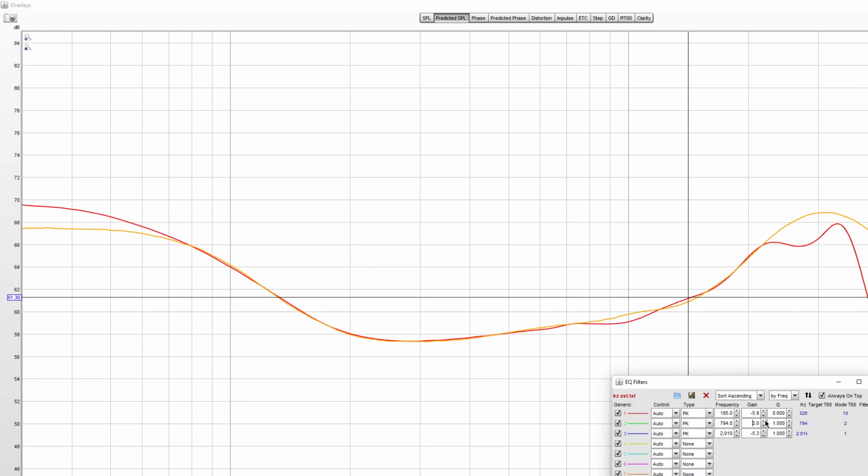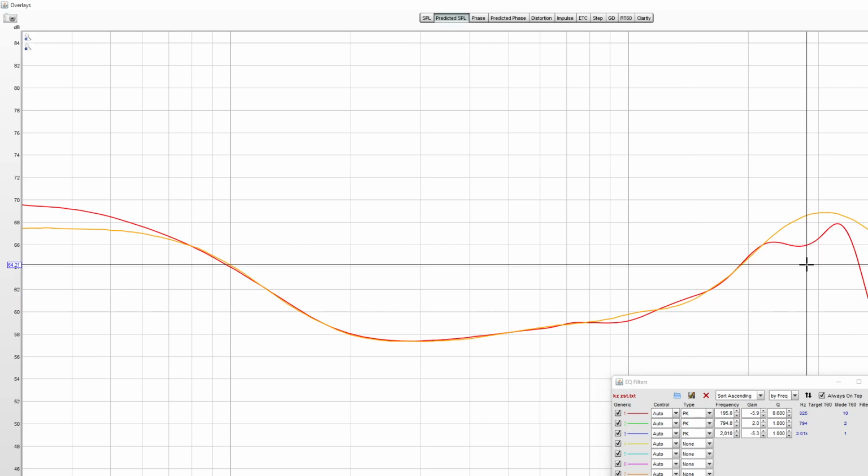And now what I'm seeing here is that I'm kind of having the same issue. I have a place where I need to add and a place where I need to subtract to really get my pinna curve correct or accurate. I am going to absolutely ignore that for now, and then I'm going to focus on